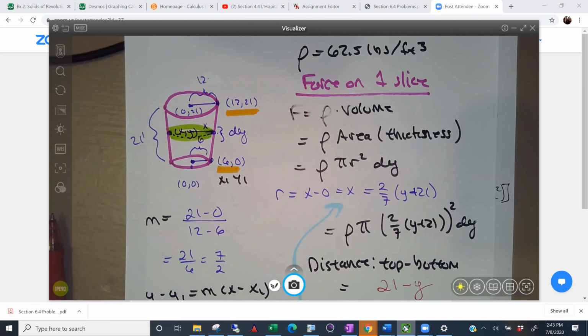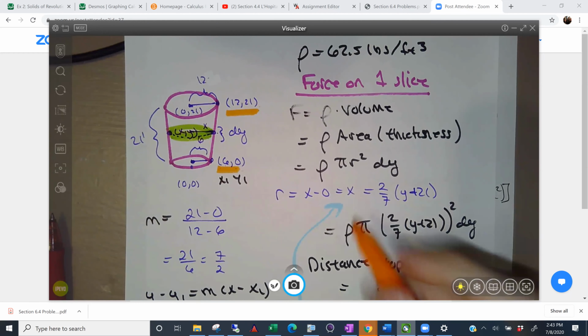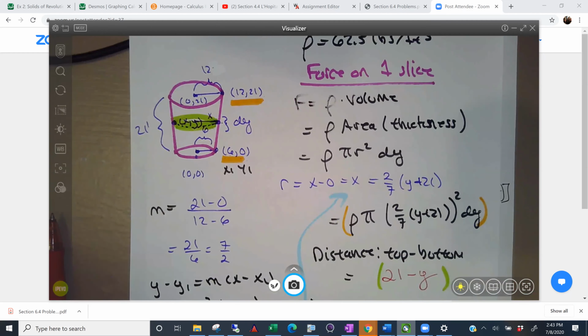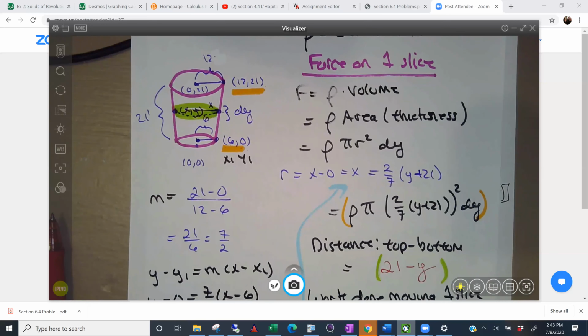And I'm going to put these two together. I've got my force on one slice, which is this. And then I've got the distance that it moves, which is this. If I put those two together, I can find the work done in moving one slice. So that's going to be